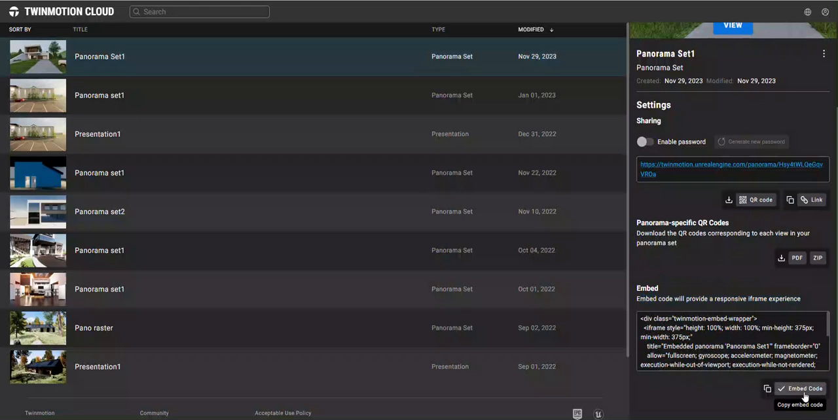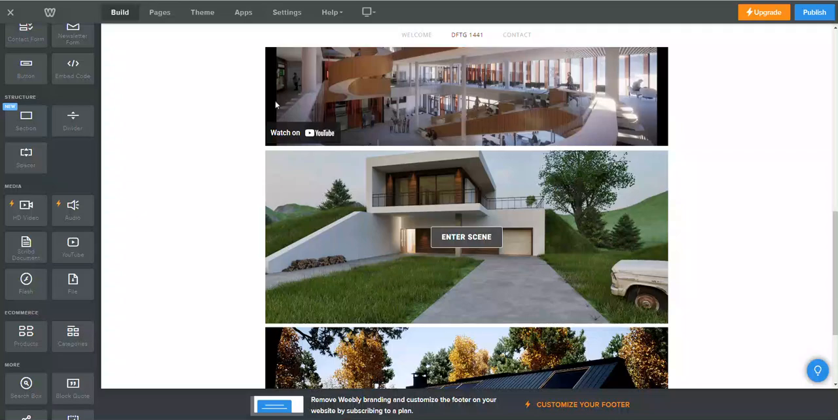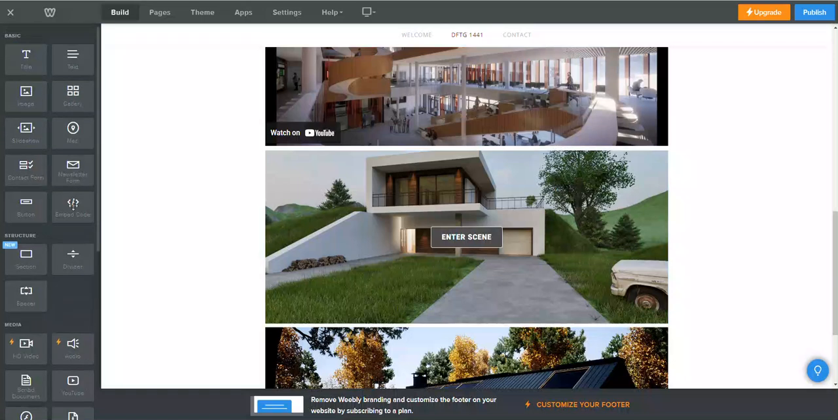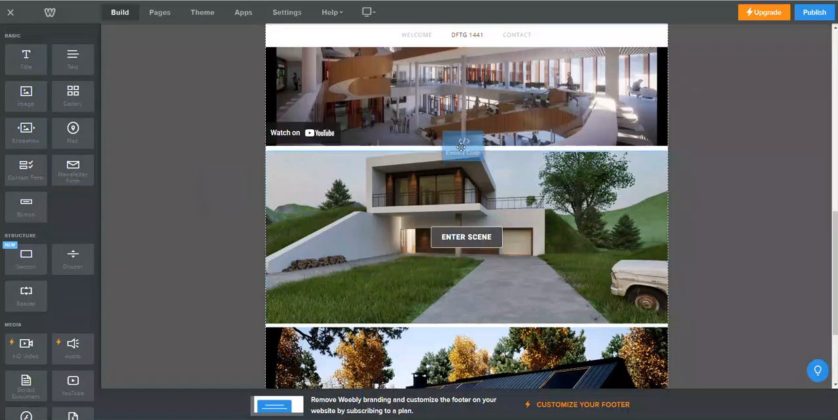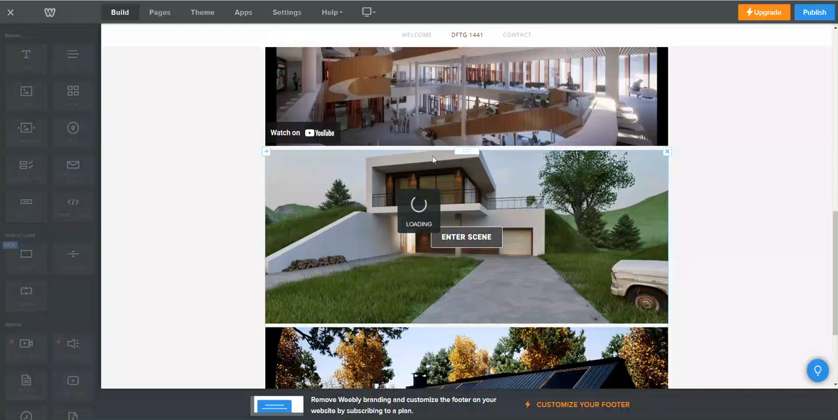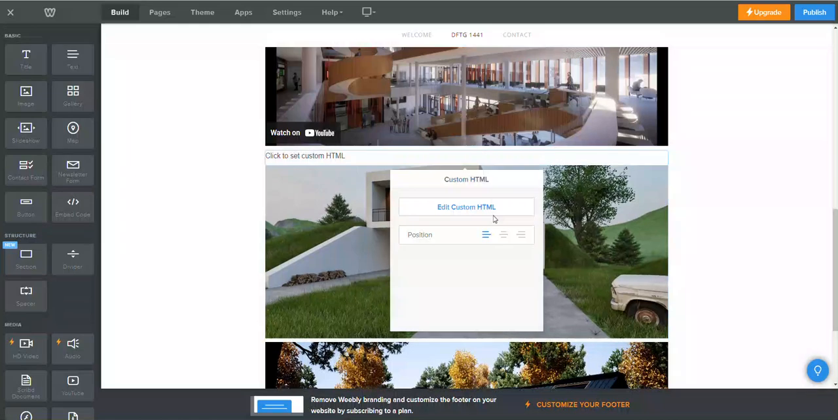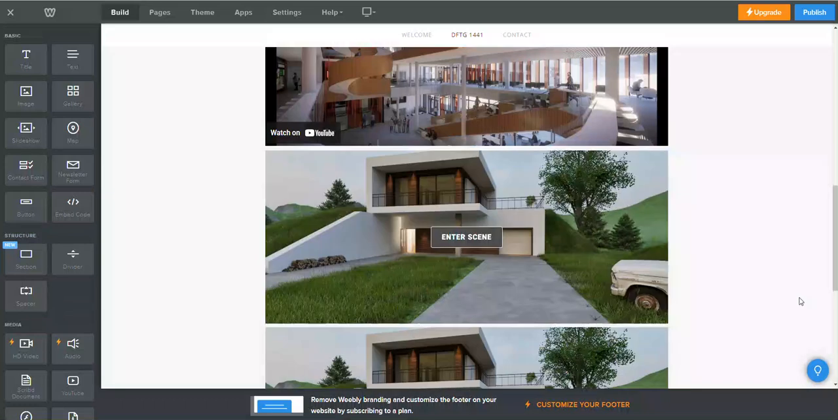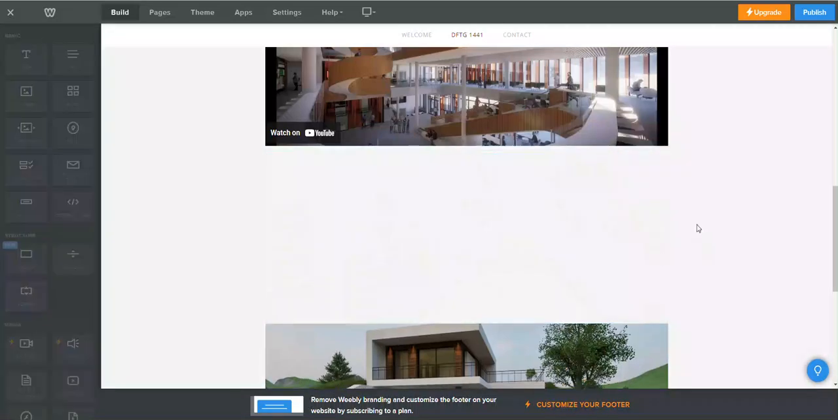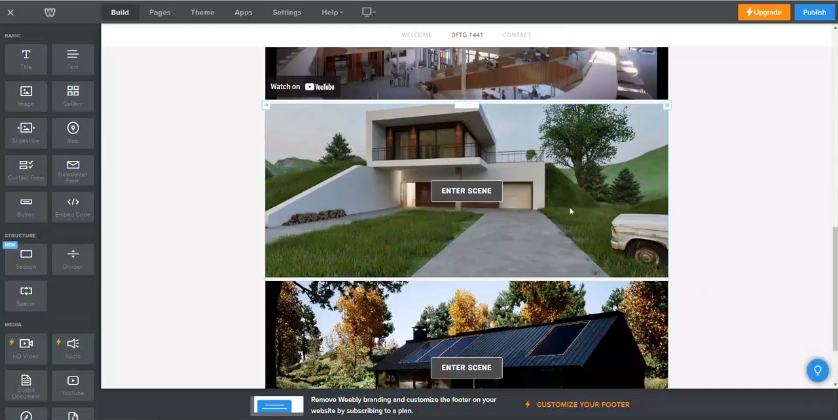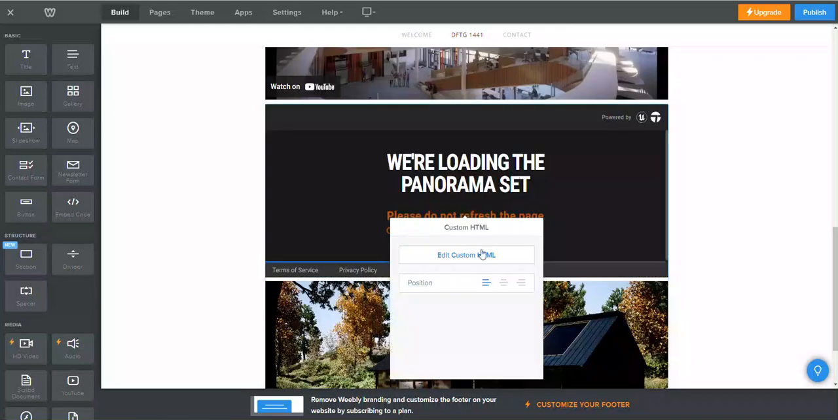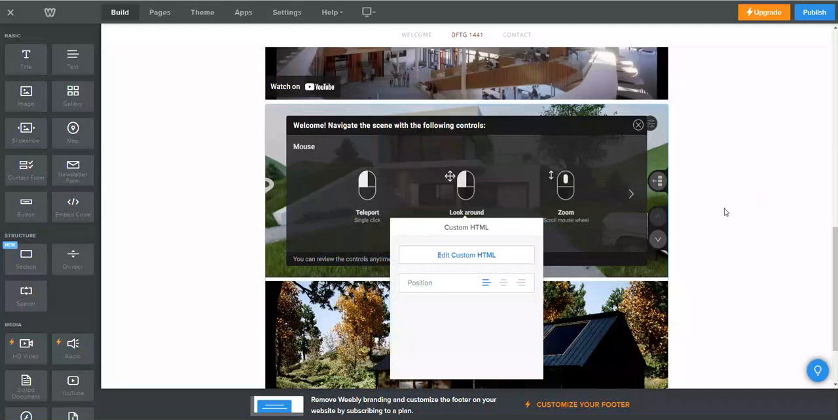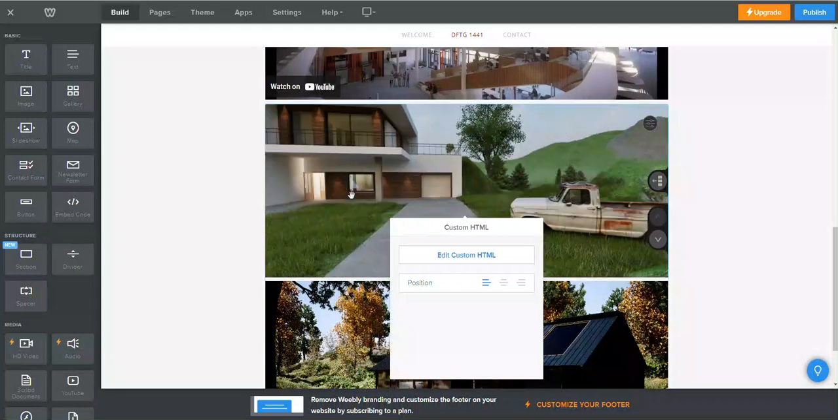I'm simply going to copy this code. I'm going to come to Weebly, and I'm going to look for the option that says embed code. I'm going to bring it in, again, drag and drop. I'm going to click here, I'm going to edit my custom, I'm going to paste this, and just by clicking on the right, it'll be there. I'm going to delete one of them because I don't need to have both of them, but you can see now anyone can come into your scene and actually walk through the panoramic set without having to sort of move